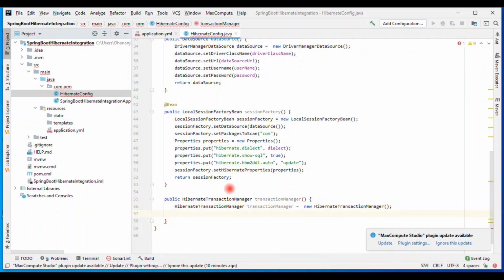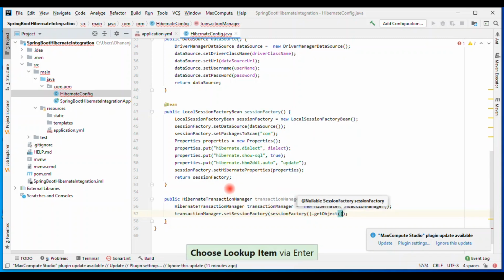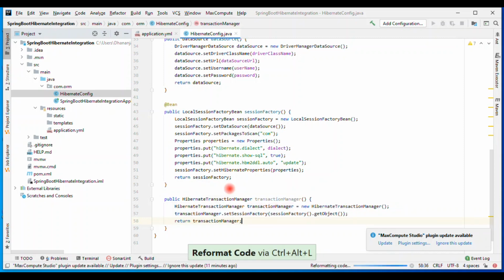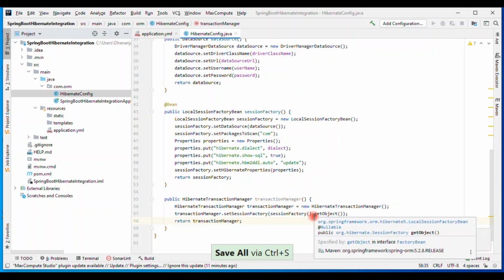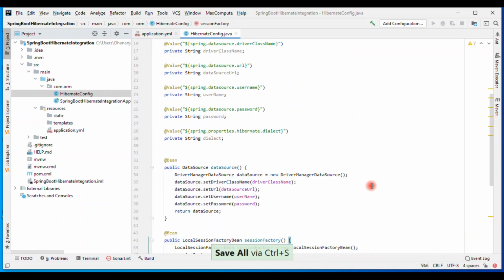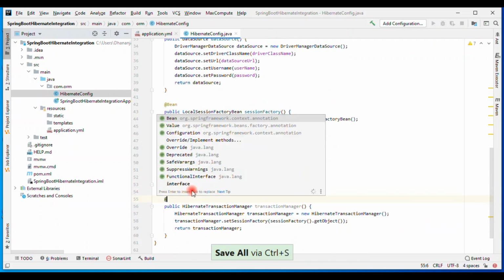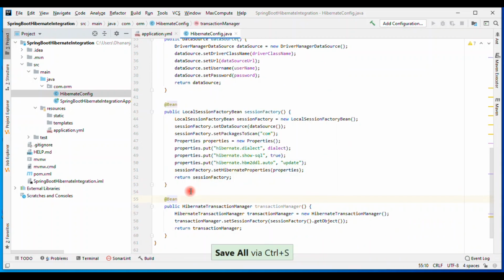Here you need to set the session factory, and sessionFactory.getObject we need to set here. Then we need to return the transaction manager. In this example we will not do any transactionality. In my next video I will cover transactions. Let me annotate this with @Bean. That's it. This is the Hibernate related configuration we have done here.